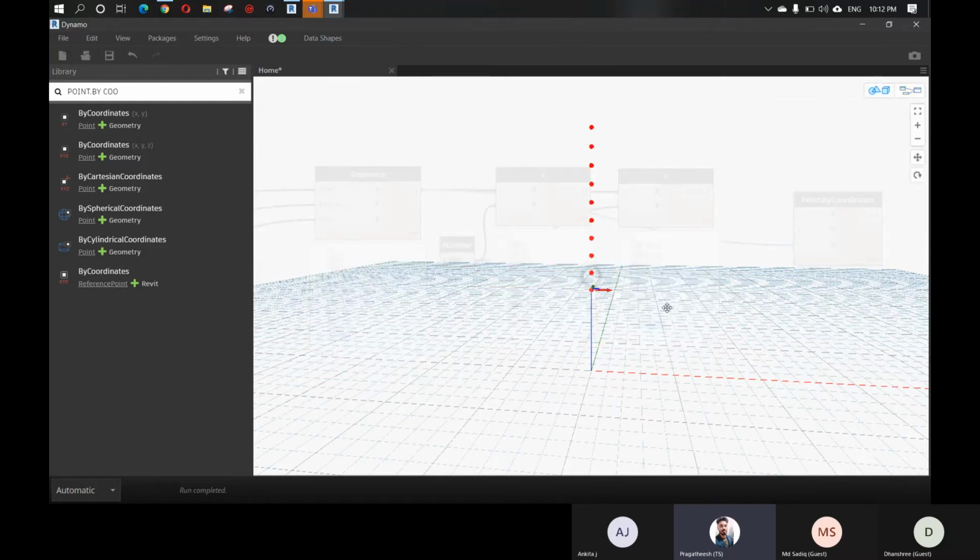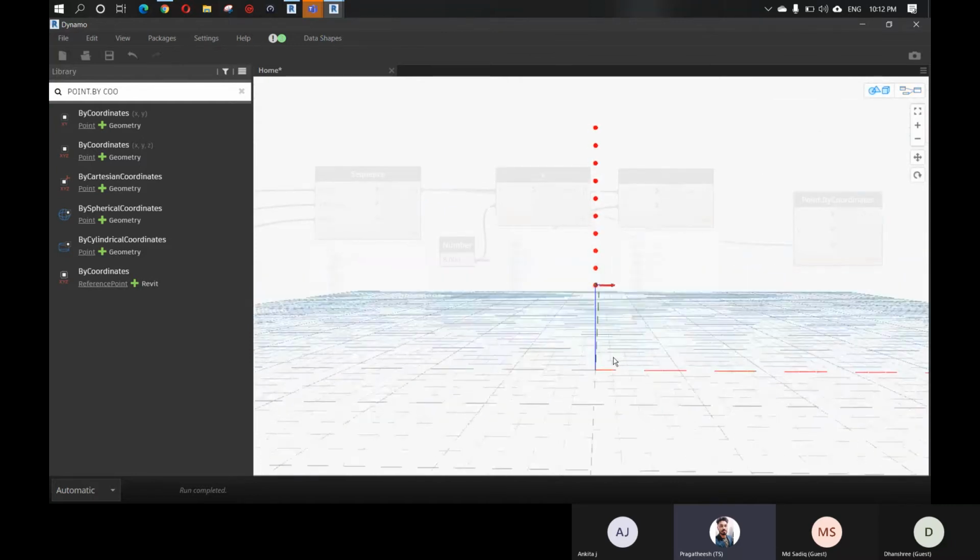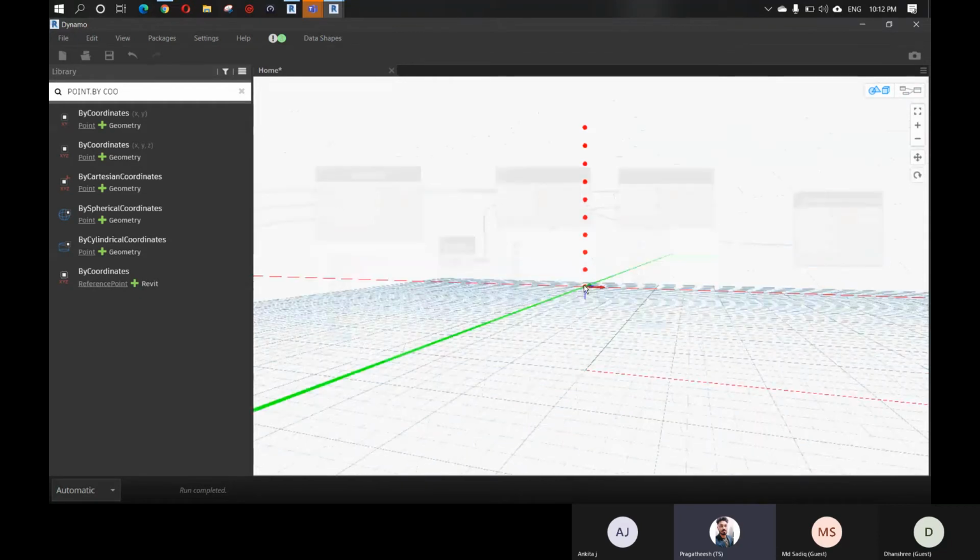Whatever units we are using in Revit, Dynamo uses the same unit. You cannot change the units in Dynamo. So in this case, if we are using mm, we know the bottom is 0, right? So at 5 mm we have a point, and at 6 mm we have a point, 7, 8, 9, 10, 11, 12, 13, and 14.